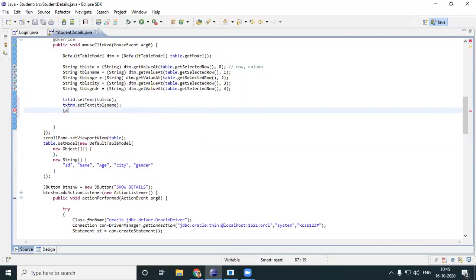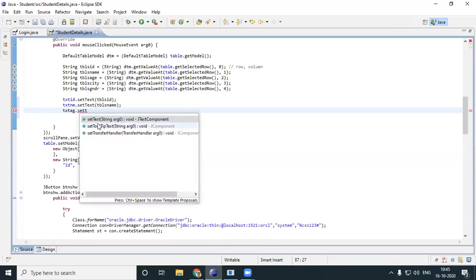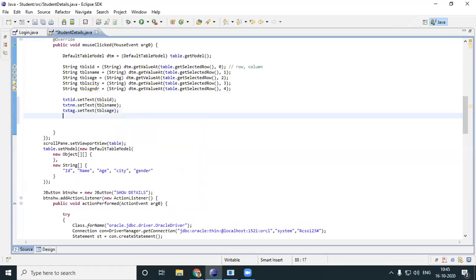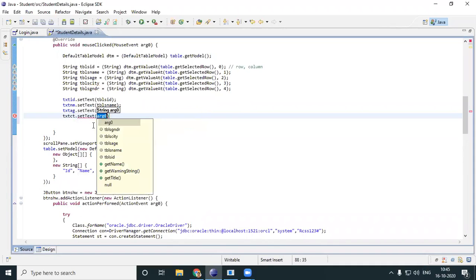In text age, I put table FH. Yes, tell me. Did I go wrong anywhere? Tell me. No. Okay. Next is table city. Okay, so text city. Yeah, text city. You'll have to remember all your variable names. I'll put table S city.